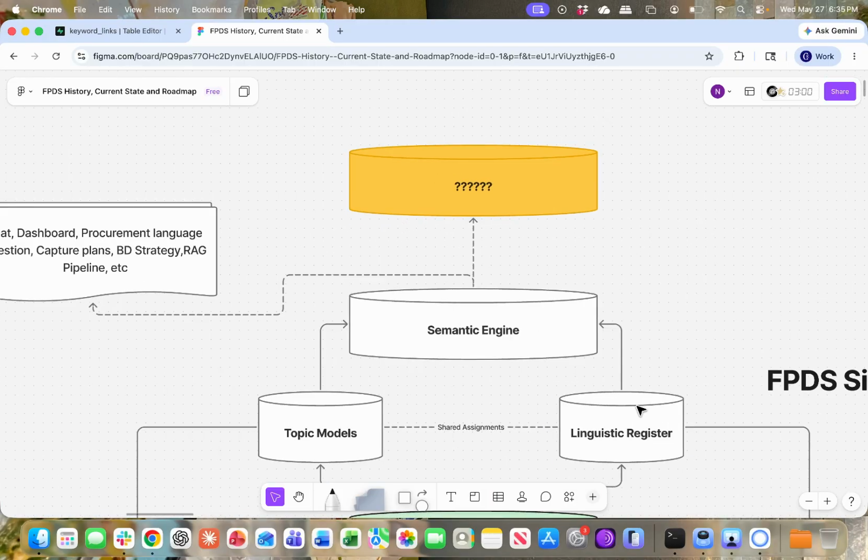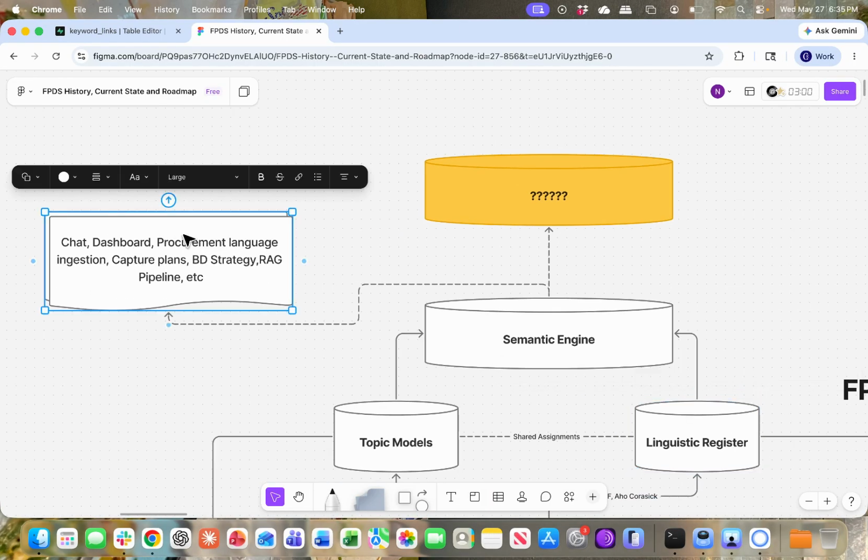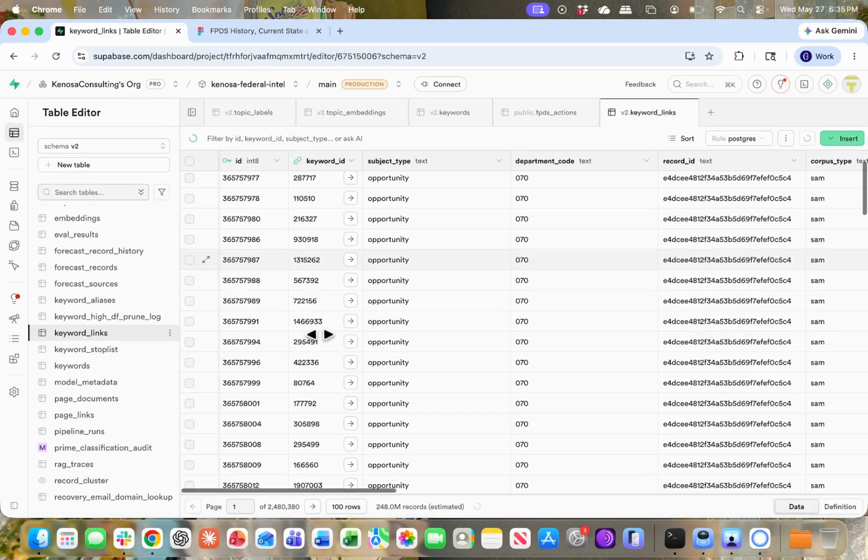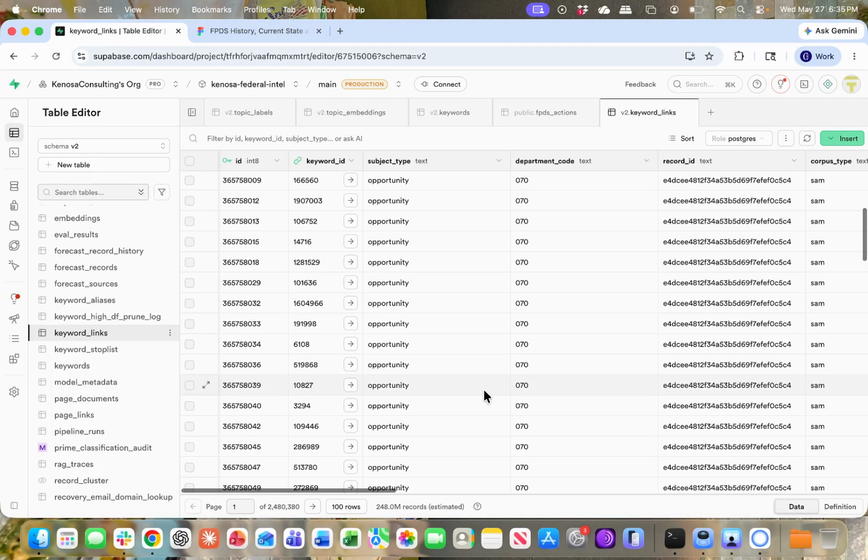simplified version. After you have this linguistic register, you can then build a procurement language ingestion mechanism that gives your proposal writing AI tool the ability to use actual government procurement language that is sourced across 250 million rows and matched and linked, and then you can derive relationships between different keywords, and now you're getting into like mapping neural networks and all that good stuff. So we don't have enough time for that in this video today, but I hope you all enjoyed. That was kind of the final step of this pipeline